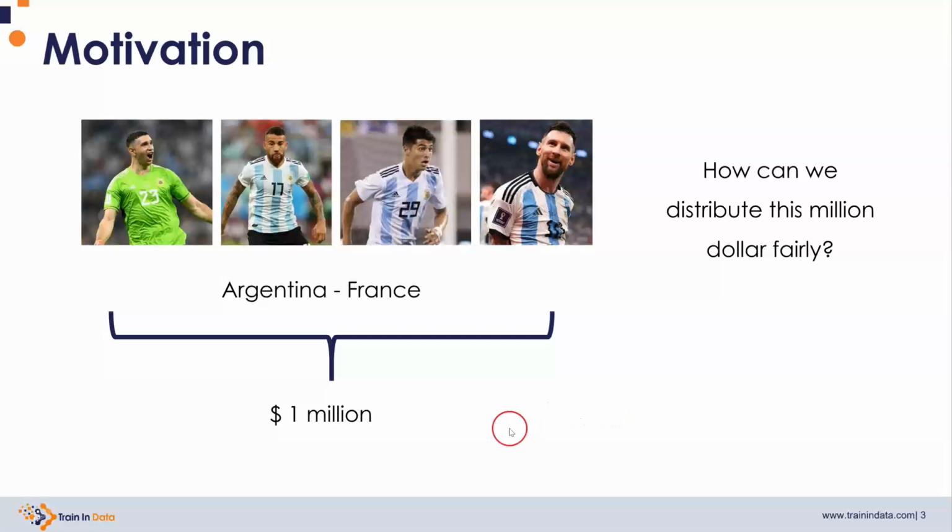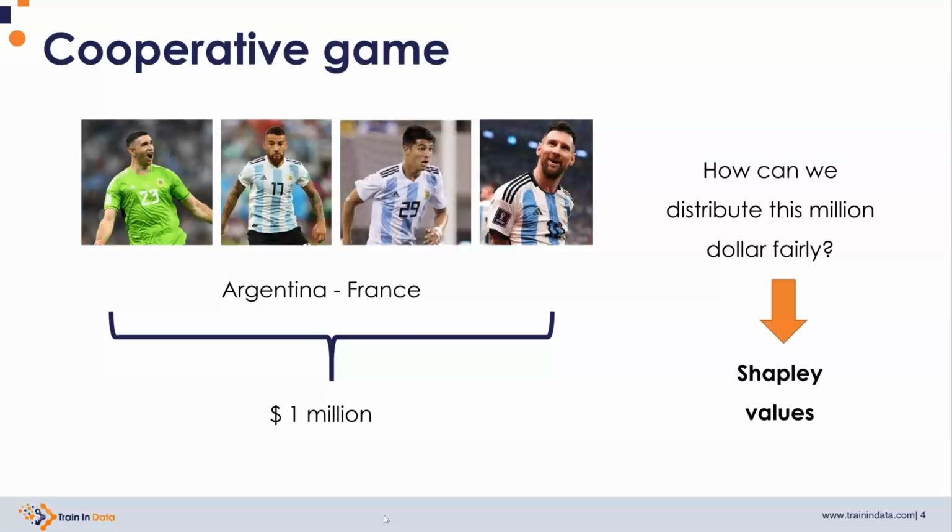But hang on a second, because Messi can be amazing, but without Dibu Martinez covering the rivals' shots, we wouldn't have ended the match the way it ended. And in case you're wondering, the match ended 3-3, and Argentina beat France with penalties. So we can allocate the reward fairly among the players by using Shapley values. Or in other words, a Shapley value is the portion of that reward, the portion of this $1 million that could go to each player.